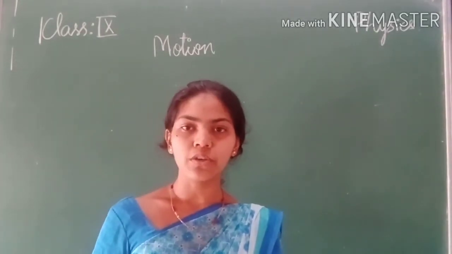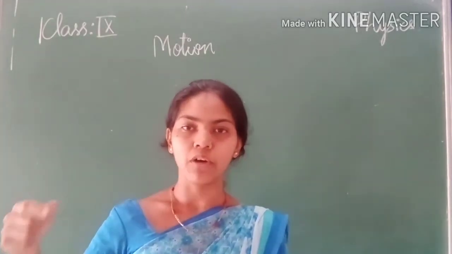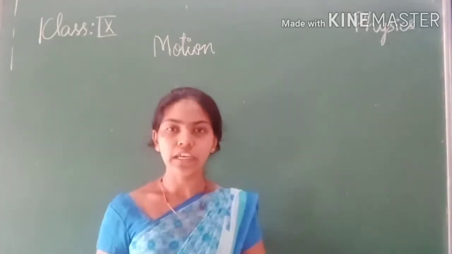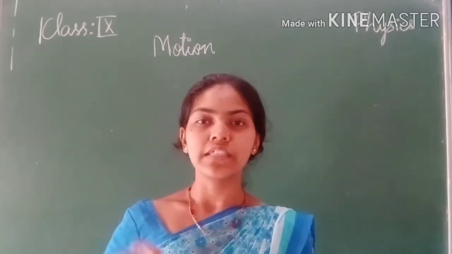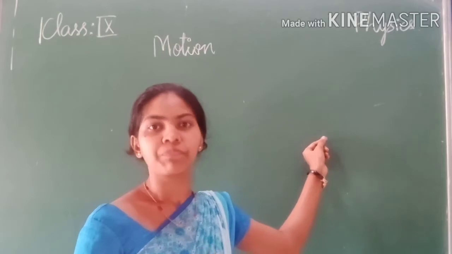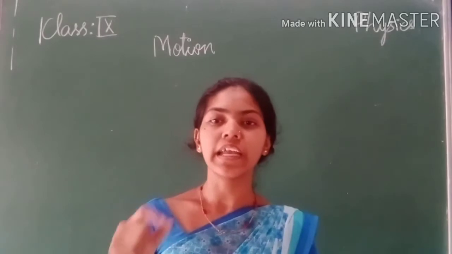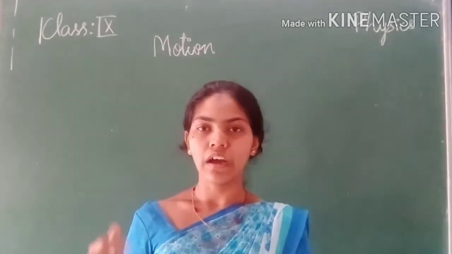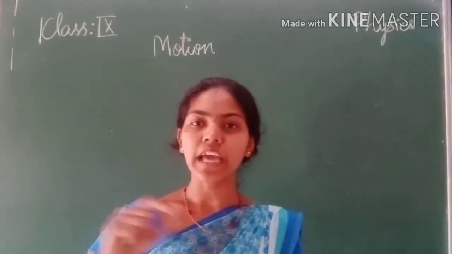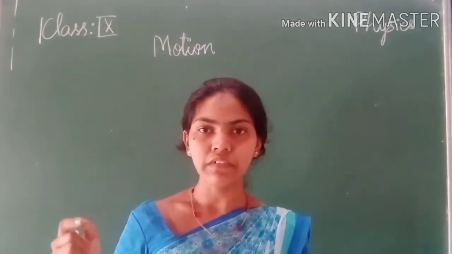In a non-uniform motion, the velocity changes as per the change in time. As the time changes, the velocity of the object changes. So in uniform motion, the change in velocity at any point will be 0. In case of non-uniform motion, the change in velocity at any time will be non-zero. There is a change in velocity.